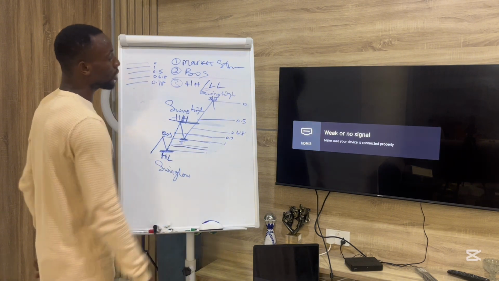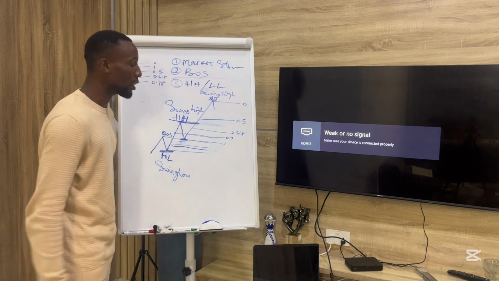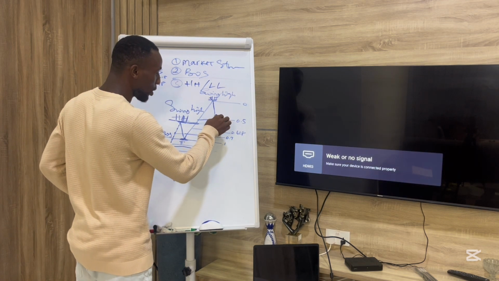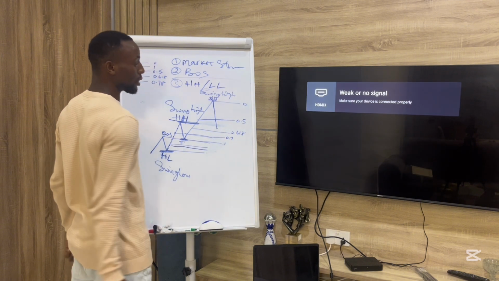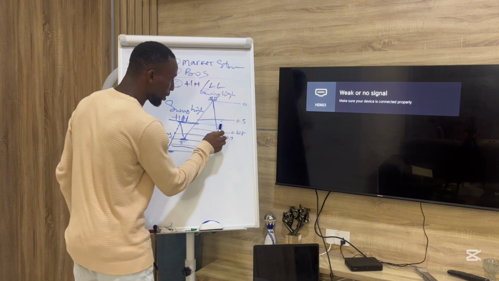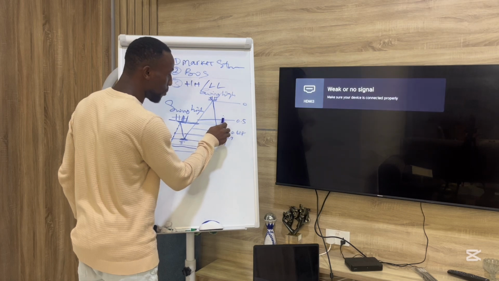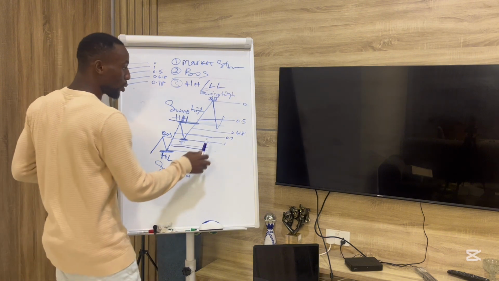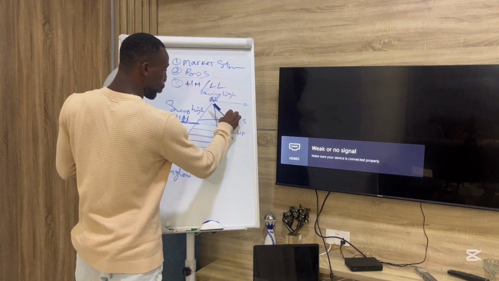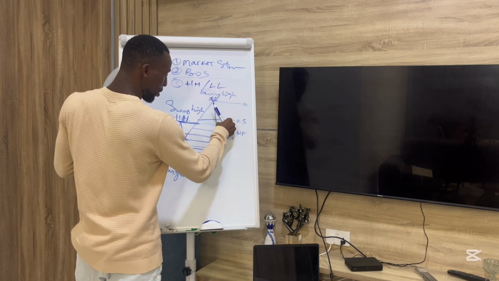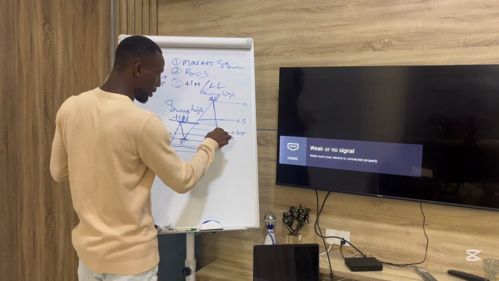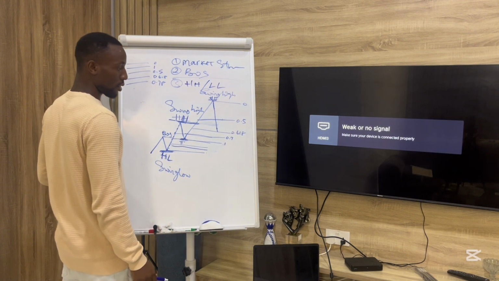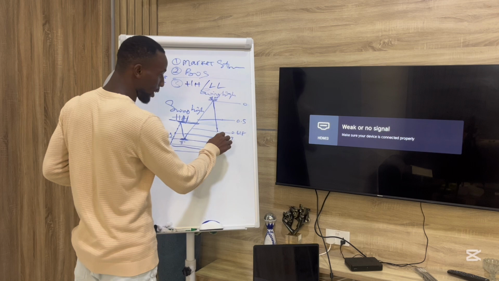This is where psychology comes in place. You understand? This is where psychology comes in. Some people, when the market is retracing and it's almost here, they start entering, and the market pulls back a little bit again before touching here. By then they are stopped out. You understand? So the best thing is to wait for your setup, wait for your plan, for the market to get to this area. You understand? For the market to get to this area. When the market gets to this area,